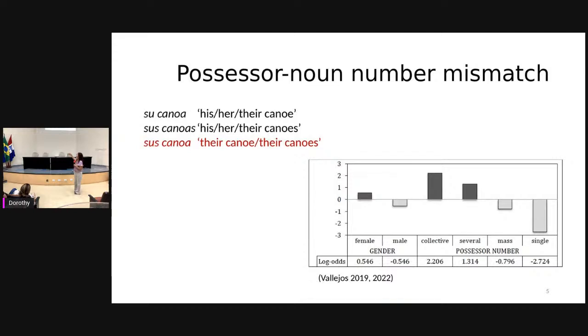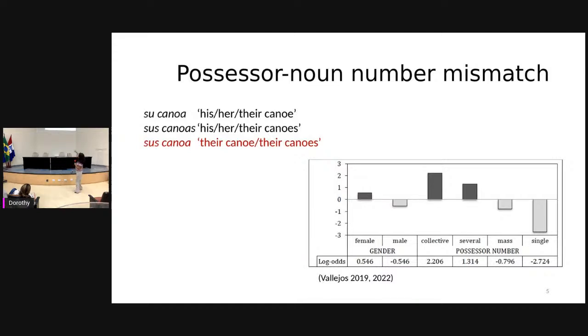Instead of being a canoe, the possessor is underspecified for gender, underspecified for number. Right? So that's how canonical Spanish works, right? While in this variety you have a very frequent pattern, sus canoa, that shows mismatch, right? And this can have